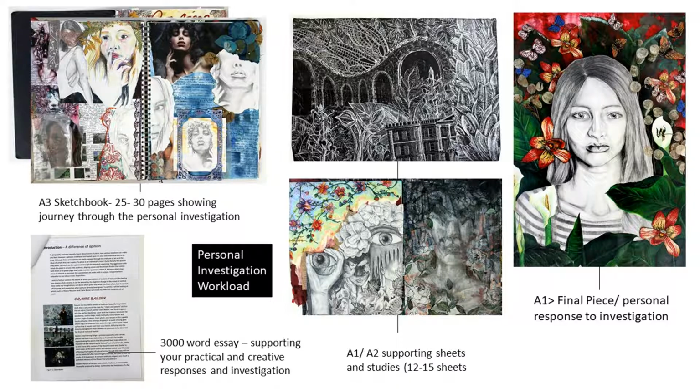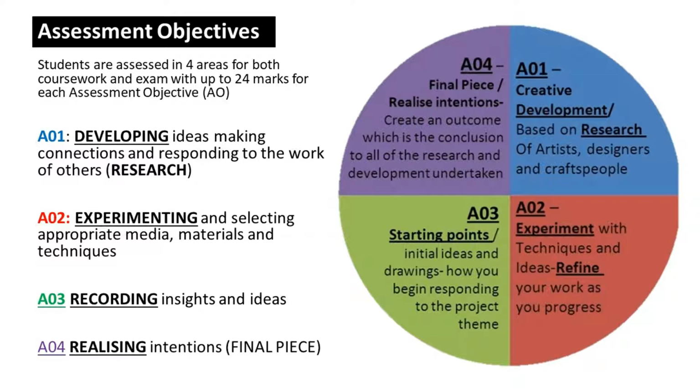With every A-level that you do in art and design, whether it's photography or art, you will always have assessment objectives that you need to meet. And every single book page and every single sheet that you'll see in this video always connects to at least one of these assessment objectives. In many cases, it often connects to 2 or 3. For instance, it might connect to an artist, so therefore it will connect to AO1. And if it's development and experimentation work, which is done in the same way, that would also be AO2. Some students also mix in recording from observation with that at the same time, whether that's drawing, photography, or